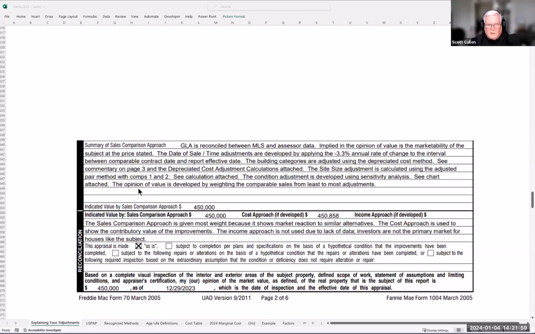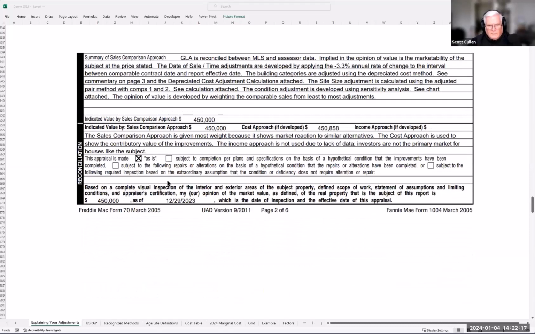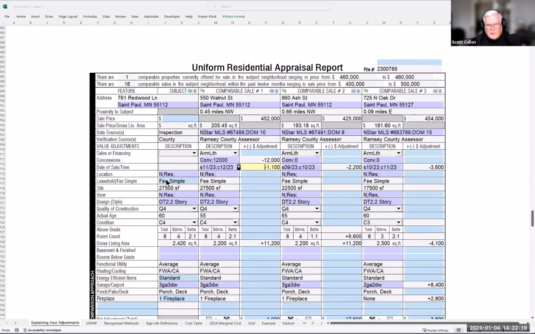I typically do it from least to most adjustments. Sometimes I would say the opinion of value is developed with most weight on comp 1 because it is next door to the subject. Come up with a reason that's quick and pithy and believable, and write that as your final statement. So here is